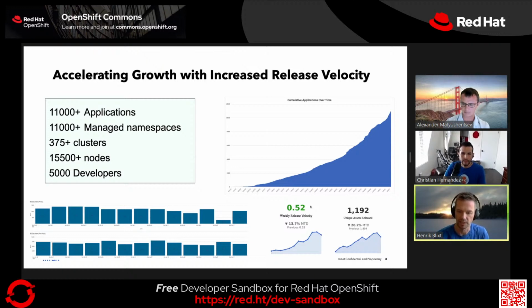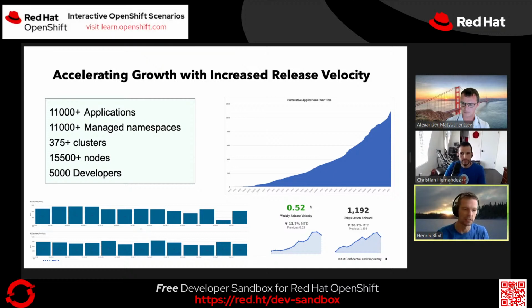So that's a measure of looking at how fast they can push out new releases, and using that not necessarily as a strict goal in itself. But if you look at it historically, you can see that at least the release velocity is going up, and use that as a comparative number for how fast we can move. Adding things like Argo, and rollouts with canary analysis, helps us increase that release velocity. So that's why we think that's an important number.